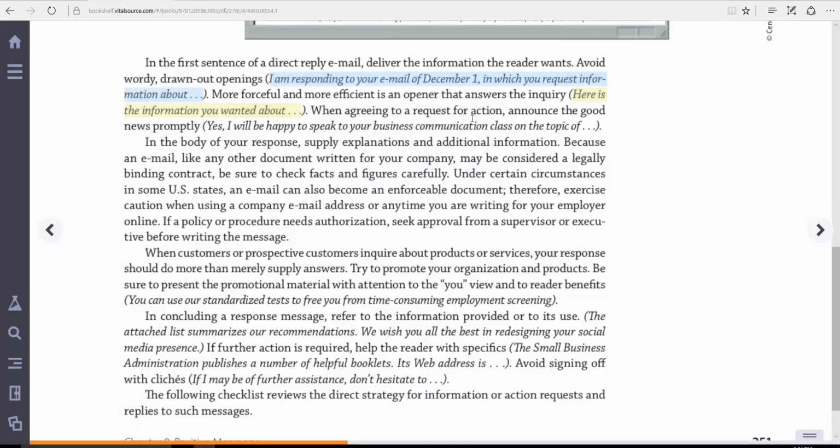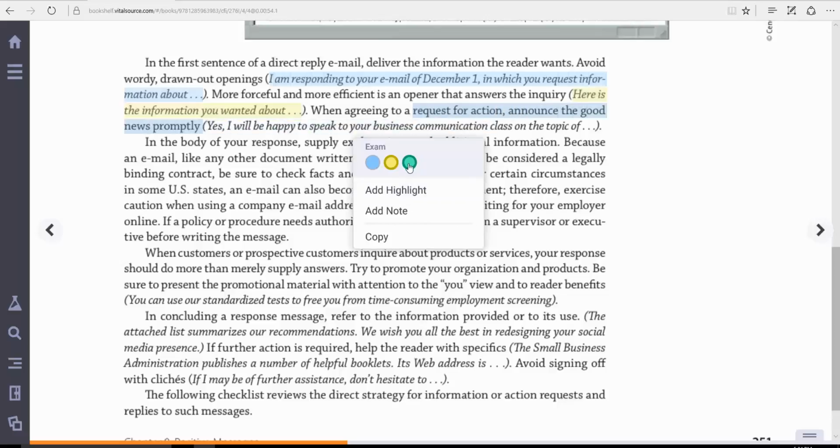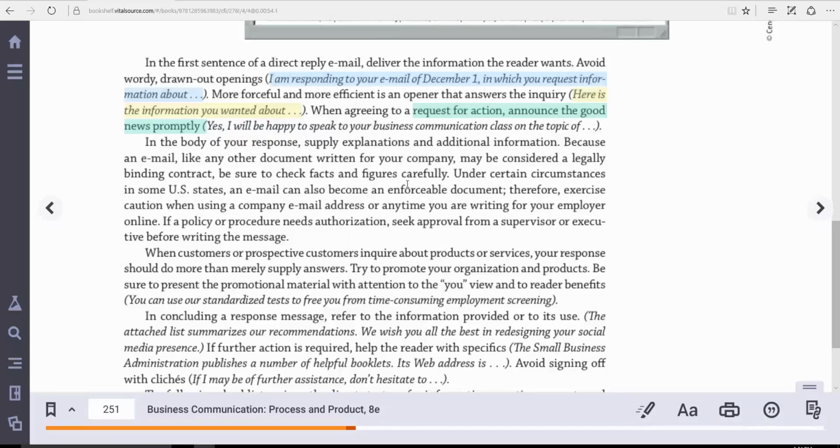When agreeing to a request for action, announce the good news promptly. Yes, I will be happy to speak to your business communication class on the topic of whatever. So this bottom part is a request for action. Announce the good news promptly. In the body now,